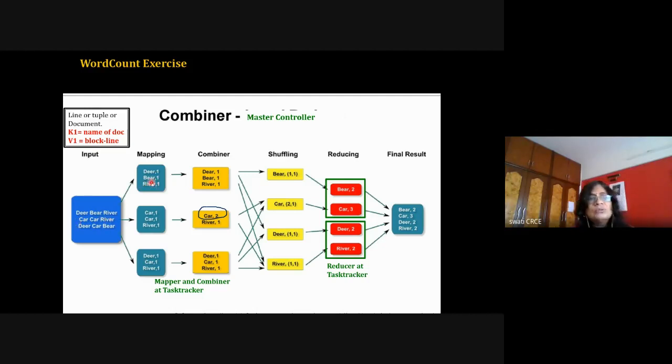So the key is the name, and the value can be a line from the document, or a tuple from the document, or some partial block of the document, or multiple lines. Okay, so this is acting as an input.